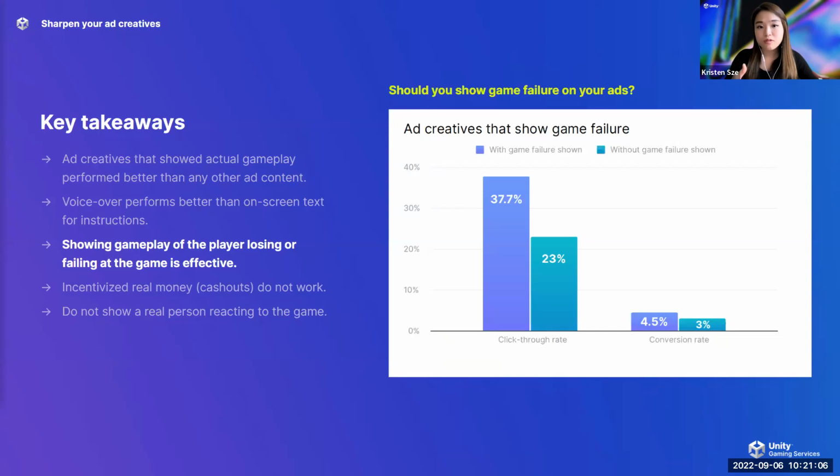While showing successful progression or a lot of rewards is more popular among performance ads in action, adventure, board, casino, and sports genres, showing game failure, on the other hand, is a more common strategy in puzzle and also simulation categories. Our further analysis actually showed that bad gameplay outcome is associated with 60% higher click-through rate and 50% higher conversion rate compared to ad creatives that don't leverage these methods. It is because bad gameplay likely triggers users' takeover mentality, making them think, you know what, if I download the game, I'm probably going to perform better than this.